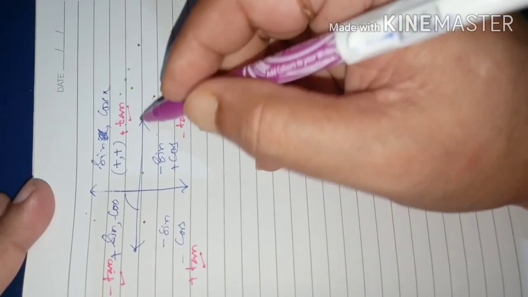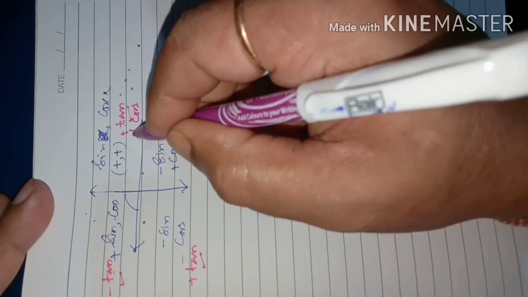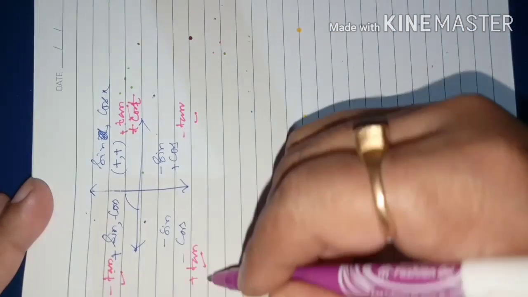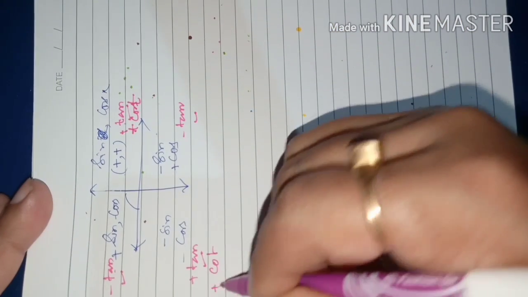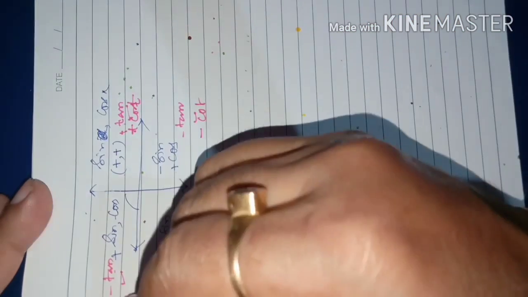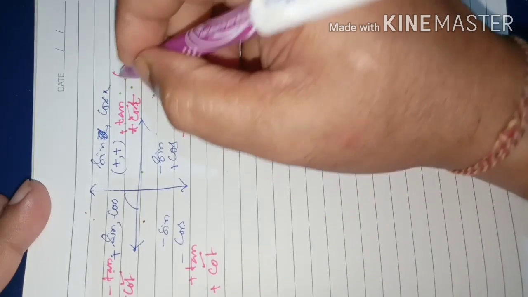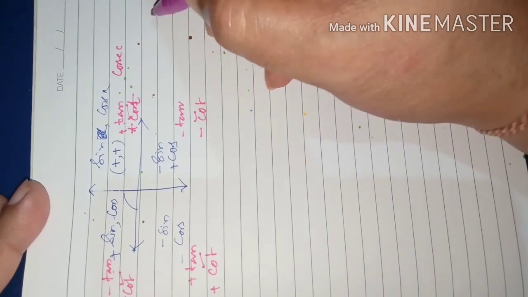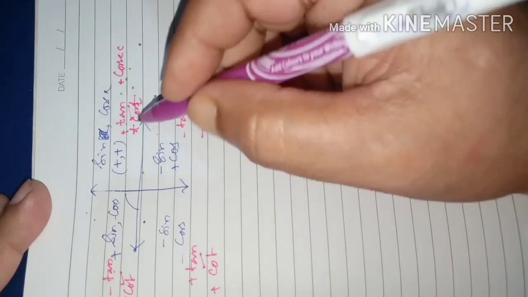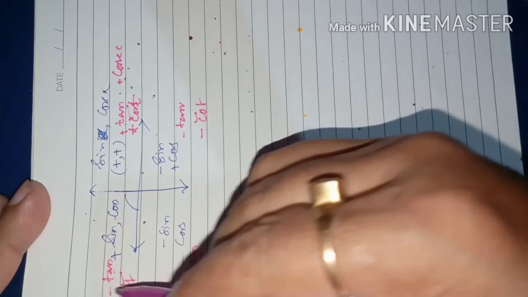And then cot positive here, and cot positive here. So tan and cot are the same only here. Cot negative here. Then cosec is positive here, and cosec is also positive in this quadrant,